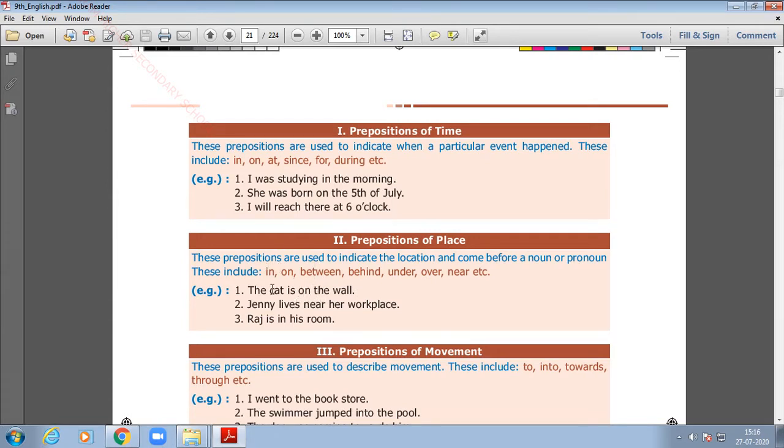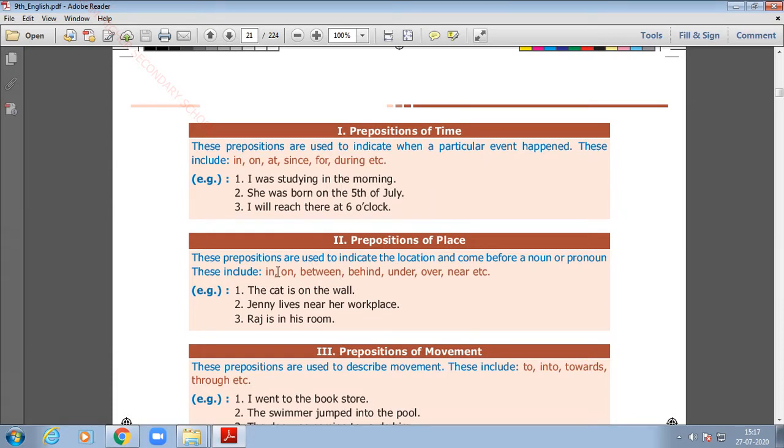The preposition is a word that relates two nouns in a sentence. I think you understand the definition now. The cat is on the wall. You have a preposition placed before a noun, and this relates the two nouns in a sentence. You are talking about the cat and the wall. Where is the cat actually? On the wall. And we use this on to indicate the date and the day: on the 5th of July, on Monday. Suppose you want to use in, then you will have to use it before the month and the year.